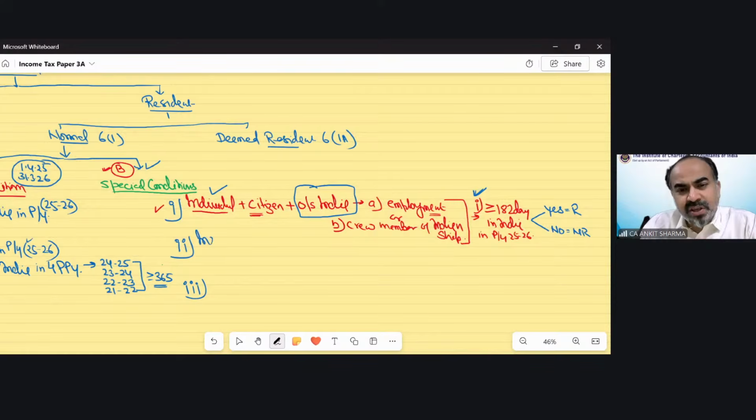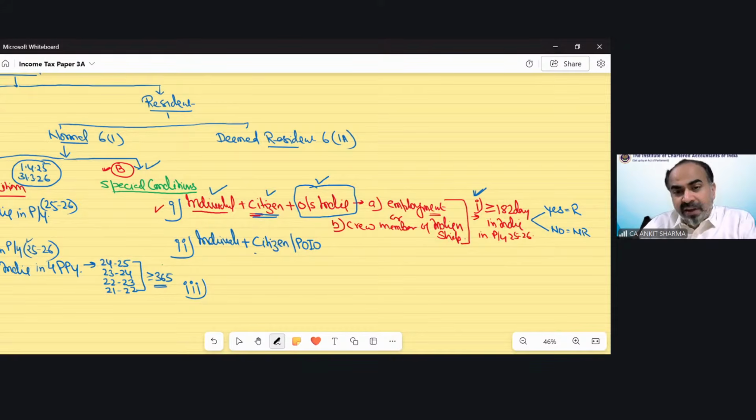So the condition says this is also for, of course, individuals. And this applies for both, whether you are a citizen of India or a person of Indian origin. To be very precise, please understand that the first benefit is only for citizens, not for a person of Indian origin. If the question says an individual who is a person of Indian origin going outside India, in that case, that falls in category A. Both conditions need to be checked. If only for citizens, the disadvantage is there.